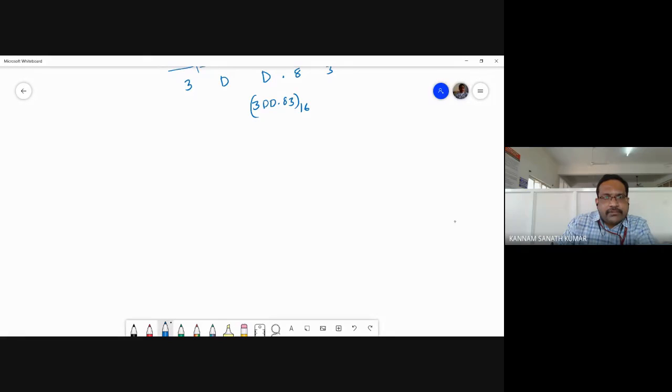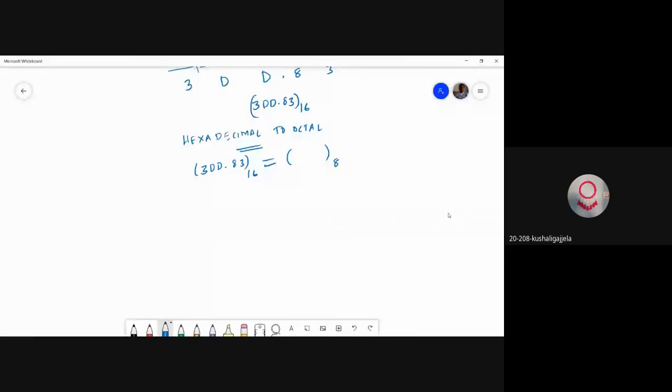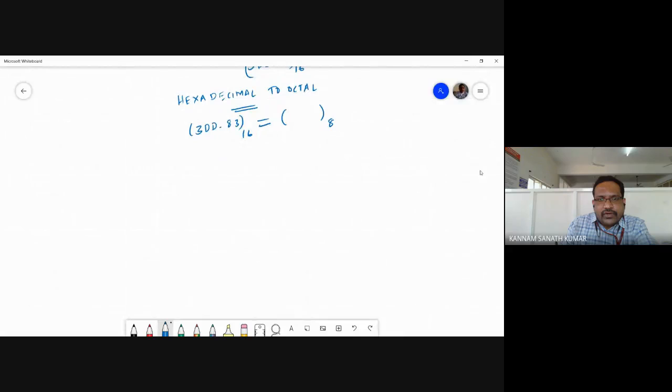Again, hexadecimal to octal. Directly you can't convert. So same example I am taking, 3DD.83. This is hexadecimal, you need to convert into octal. So first of all, convert the given